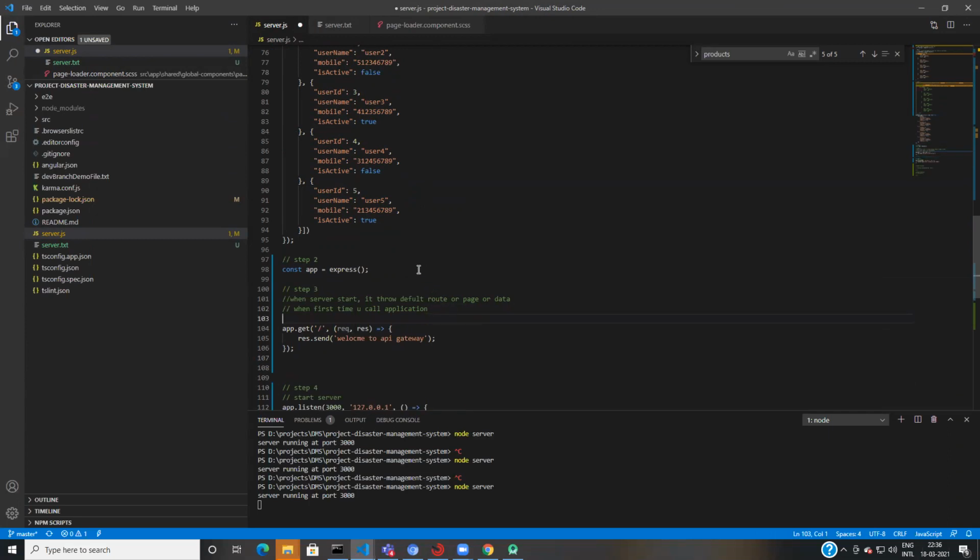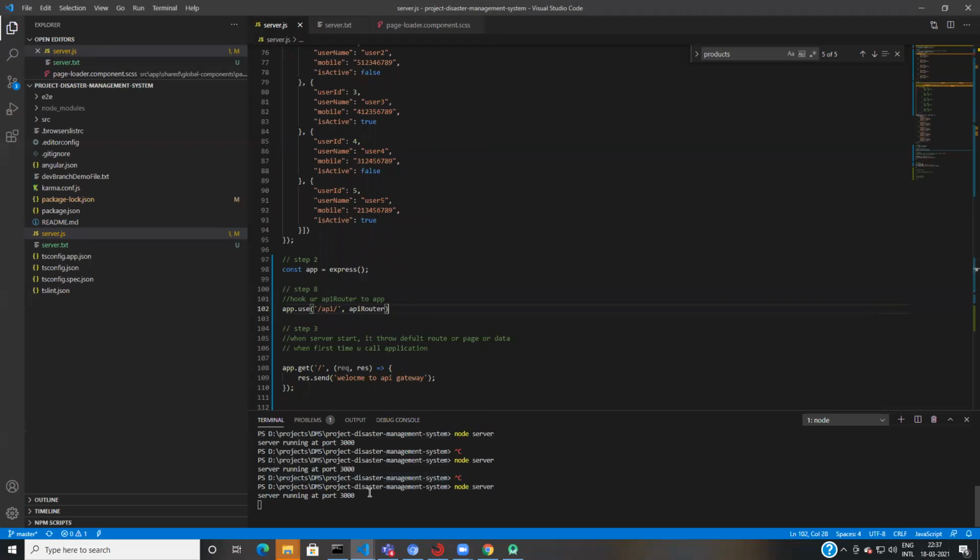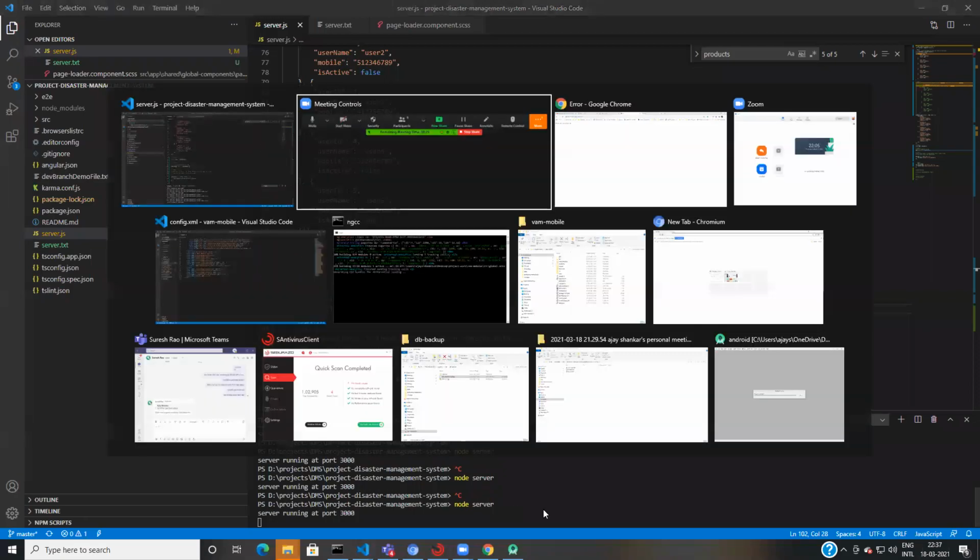It should be somewhere here. Now we'll see. Kill the server. Start it again.